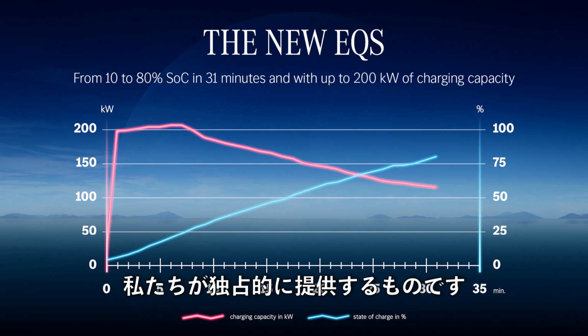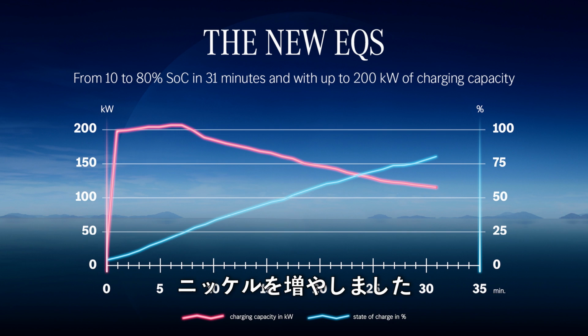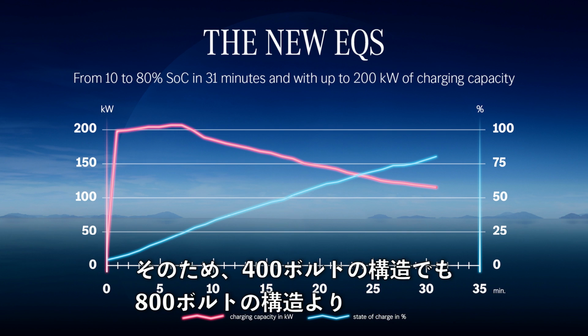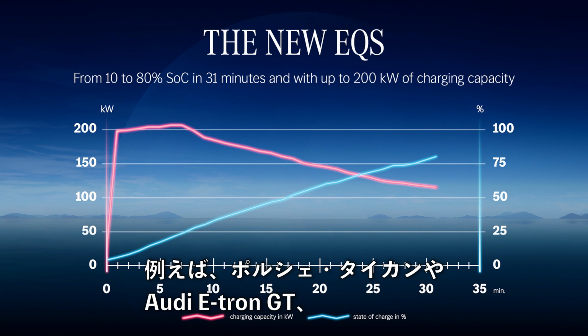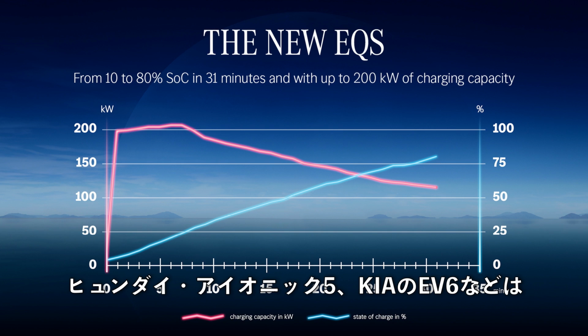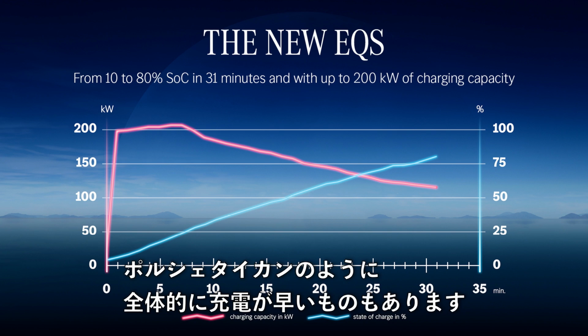For reasons of sustainability, Mercedes is using less cobalt but more nickel in their battery cells, and for that they say with the 400 volt architecture they can charge quicker than with the 800 volt architecture, for example, what the Porsche Taycan, the Audi e-tron GT, or the Hyundai Ioniq 5 and the Kia EV6 are using. With the 800 volt EVs, they indeed have higher peak charging, and some of them also overall charge quicker, like